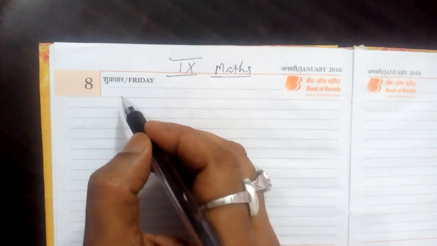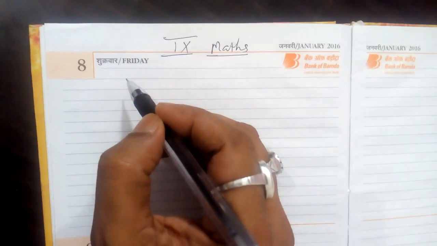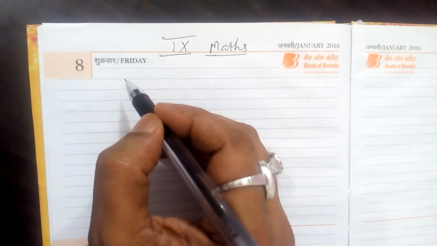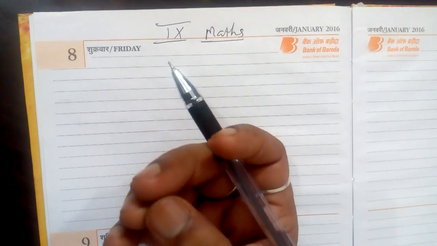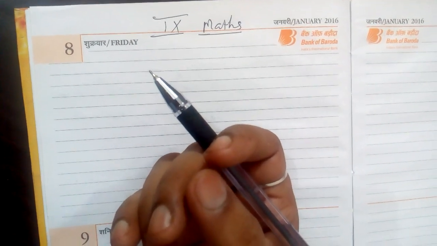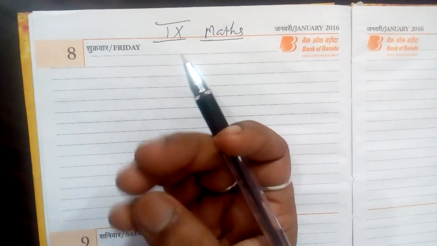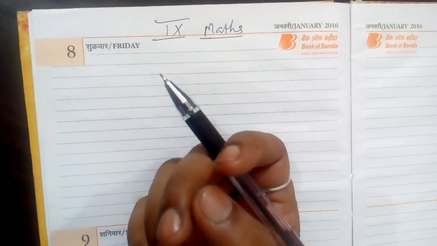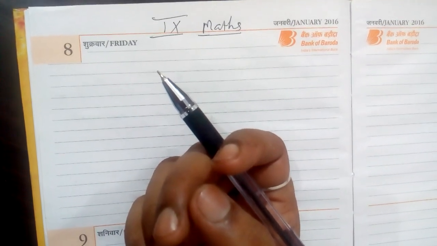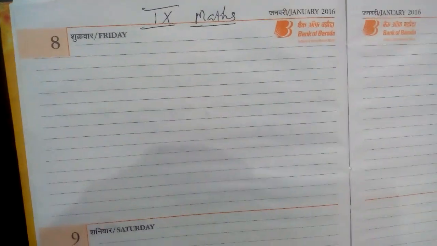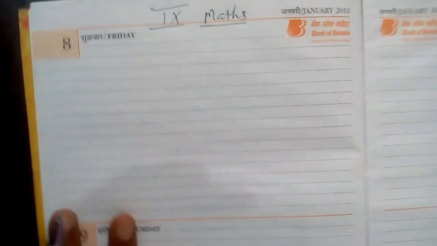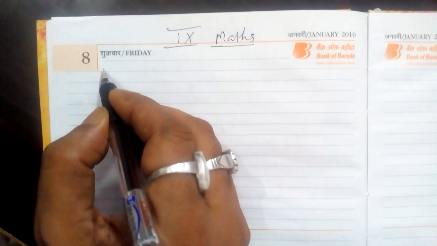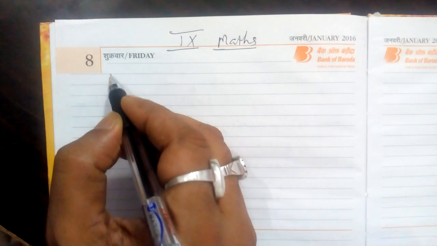NCERT book. In the previous video I have given you the natural numbers, some instructions and some properties of numbers, till the real numbers. What is a real number? A real number is a combination of all types of numbers. A real number is a number which you can represent on the number line. I have given you a definition of irrational numbers and rational numbers.